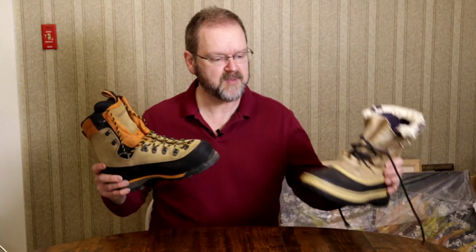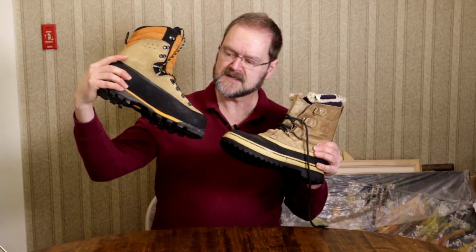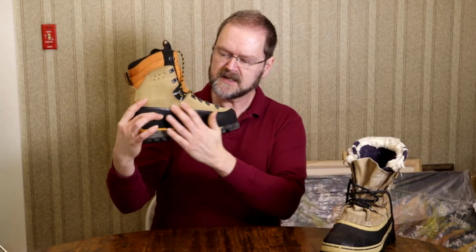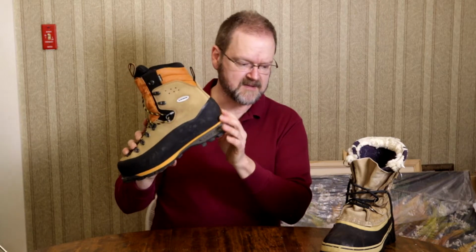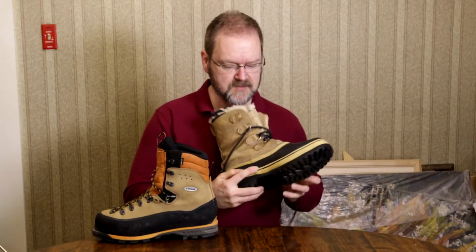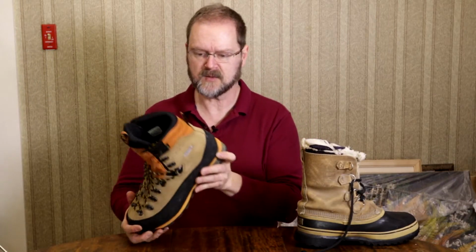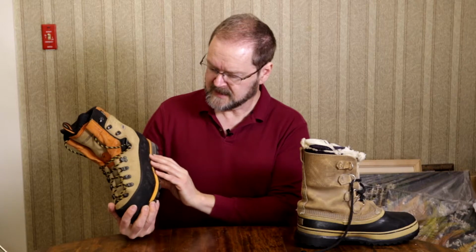But you'll notice, compared to this boot, they both have the rubber that goes pretty far up the side of the boot, and it goes completely all the way around. It's one piece, seamless. Are they both seamless? This one's got a seam in it. In this boot, I don't see a seam anywhere. I don't know how they did that,